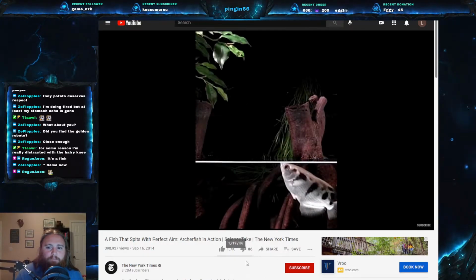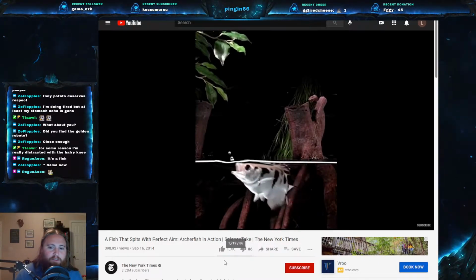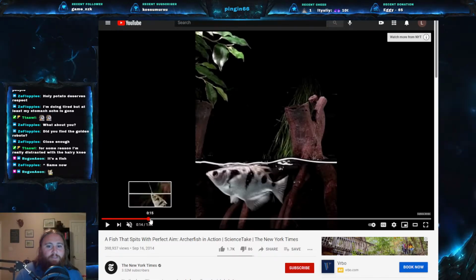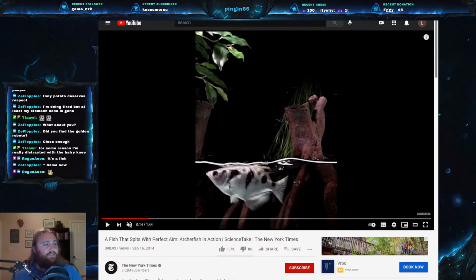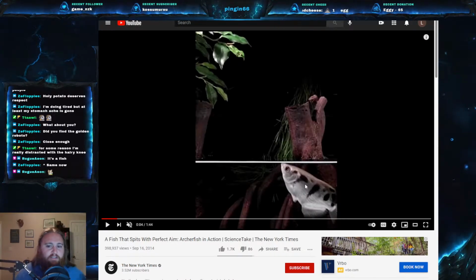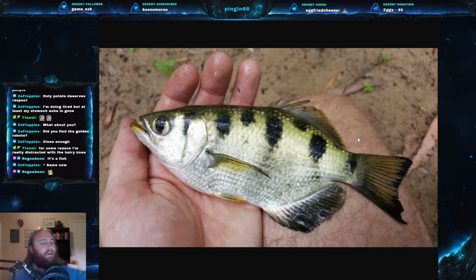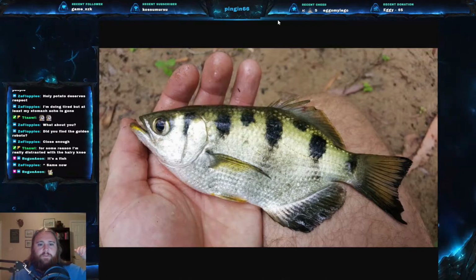So it comes up and it spits, and there was a bug on that deal. It knocks the bug down because the bug can't fly, and then as soon as it hits the water, it swallows. So that is one of the things that this fish is very well known for, and why many people have seen videos of this fish before, or pictures of this fish. Let's watch that again. There is no sound, and I apologize. But if you notice, you can tell from its body shape, with the upward turned mouth and a sort of flat back, that is pretty indicative of a fish that stays on the surface of the water. So it comes up